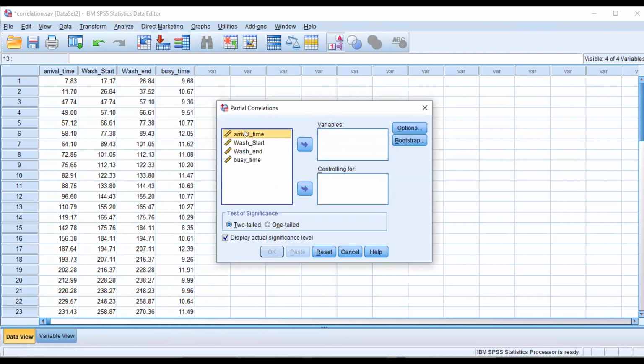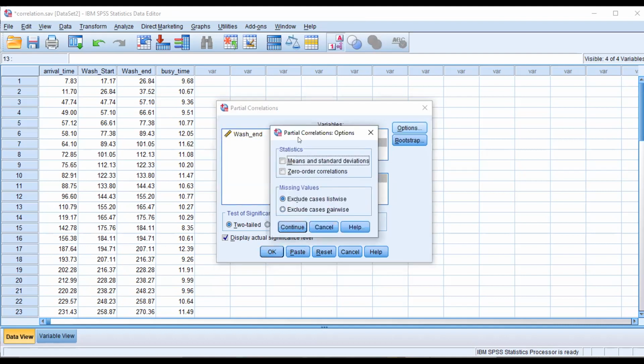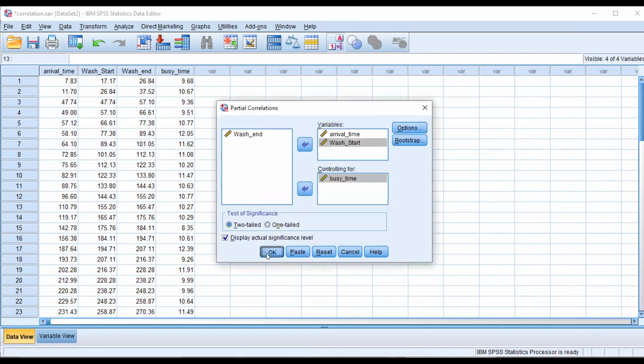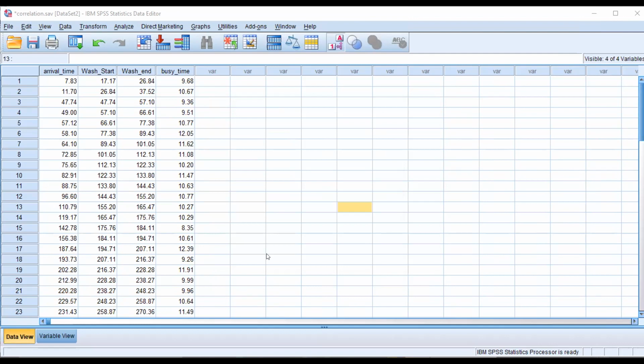Here you will do the partial relationship when you have two or more than two variables that you are checking simultaneously. So wash end time or visit time is a controlling variable. Then what will be the relationship between these two? It's your wish whether you want to do that or not. Continue, and in this again the relationship was the same, but the degree of freedom was 50 and the significance level was again significant. So it is known as the partial relationship.